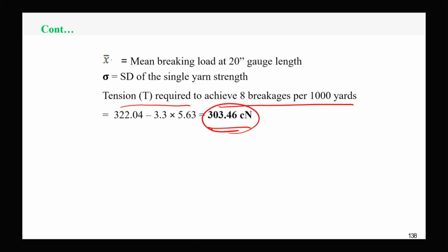So this is all about the dynamic test. Now we will discuss the